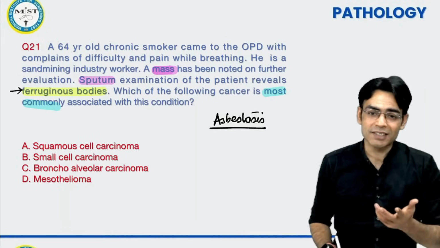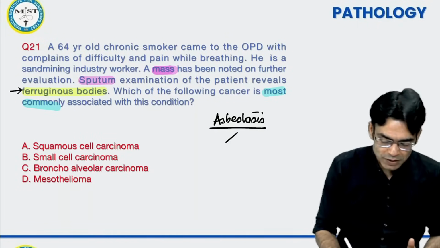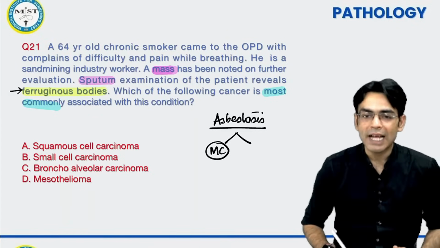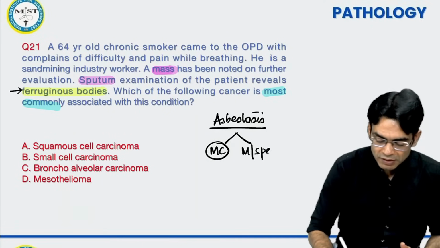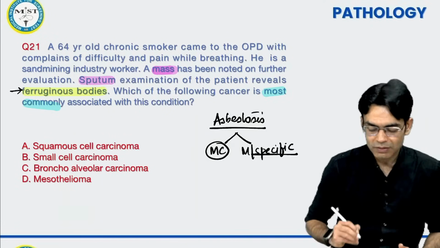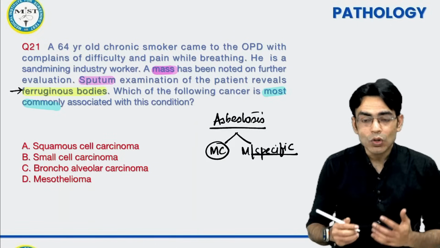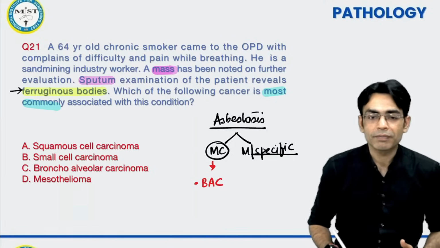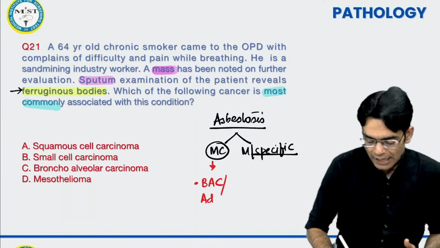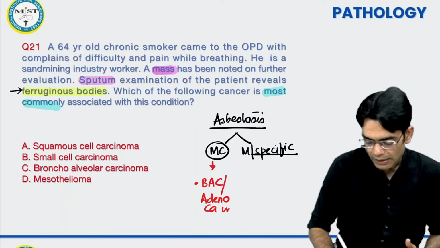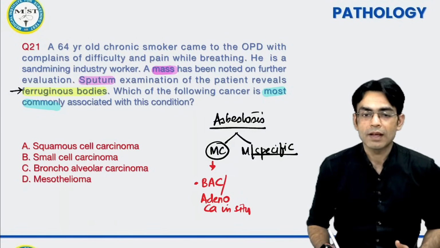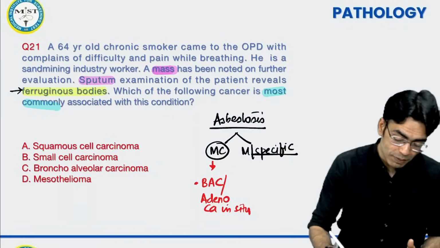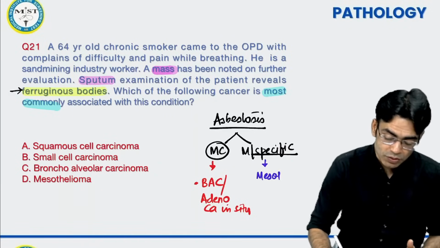Beta, we have discussed this. Again, you are making a very common mistake. Asbestosis के साथ there are two kinds of cancers. Either we are talking about a most common cancer or we are talking about a most specific cancer, Chotu. If we are talking about a more commoner cancer, then it is your bronchoalveolar carcinoma, or we can say adenocarcinoma in situ. Whereas when we are talking about a more specific carcinoma, बेटा ये तो अपन ने कितने अच्छे से किया था, it is your mesothelioma.